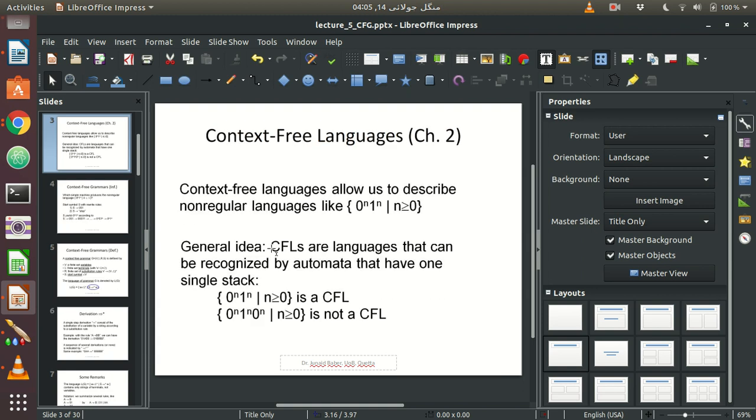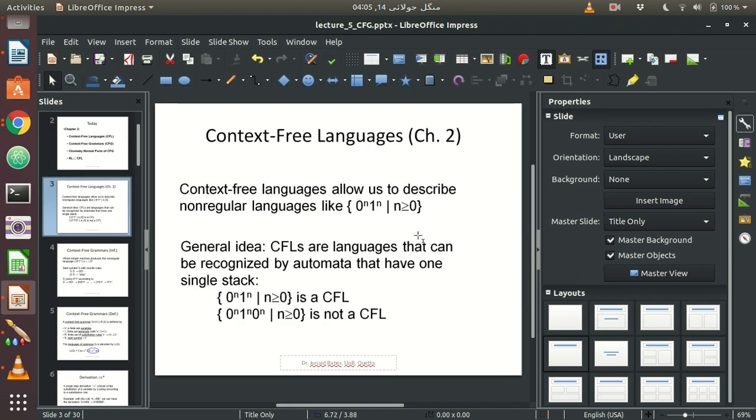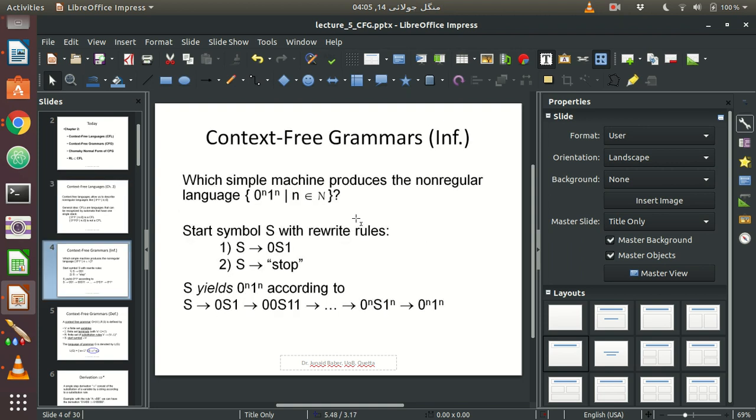Now let's take an example to define a language which cannot be defined using a DFA, 0^m 1^n. This can be defined in 2 steps.